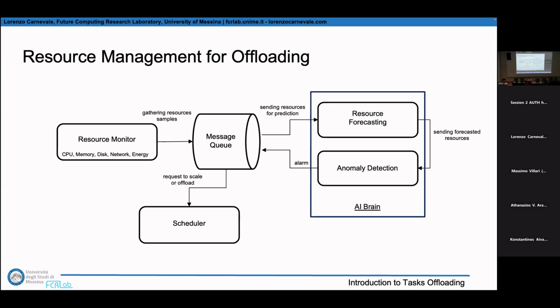This is the first challenge, because this means we need to create AI models that are very small, so tiny models that can be deployed on edge devices. In this case, we have resource forecasting, and we had an example in the load balancing matrix, where we already started to work on CPU. And then we have anomaly detection, because we need to understand, according to the future forecasting of computational resources, what will be the behavior of these resources. And then if there will be an anomaly in the usage of these resources.